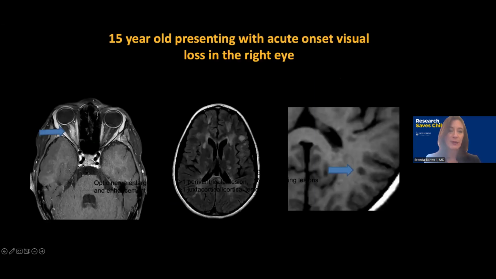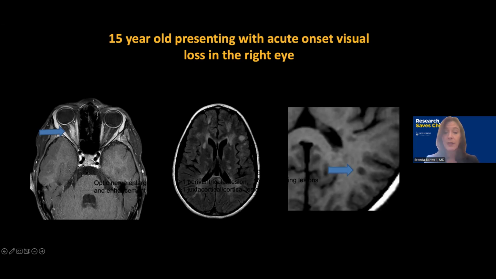Moving to another example. So this is a 15-year-old. She came in also with visual loss, similar to the child I presented on the prior slide, and also had right optic nerve inflammation. But her brain MRI shows multiple areas of bright T2 signal abnormality. You can appreciate on the middle image that some of them look rounded and well-defined, and other areas are hazier and sort of more diffusely abnormal in her white matter,